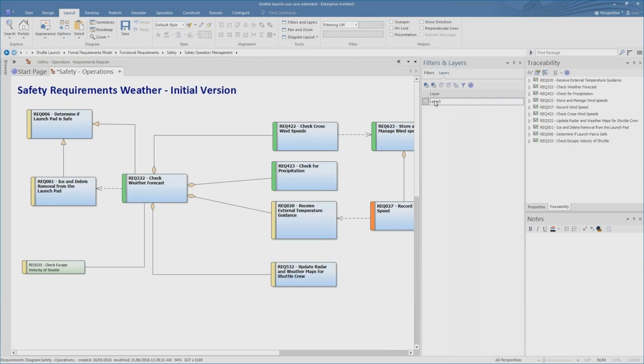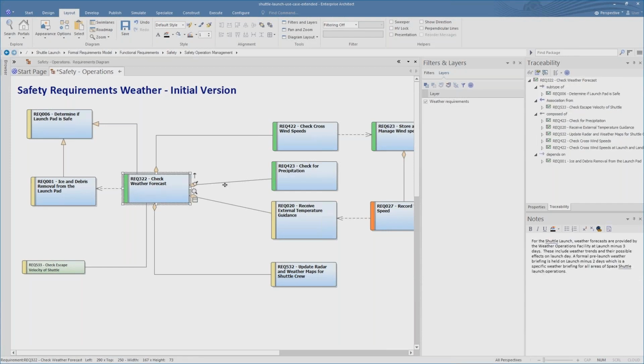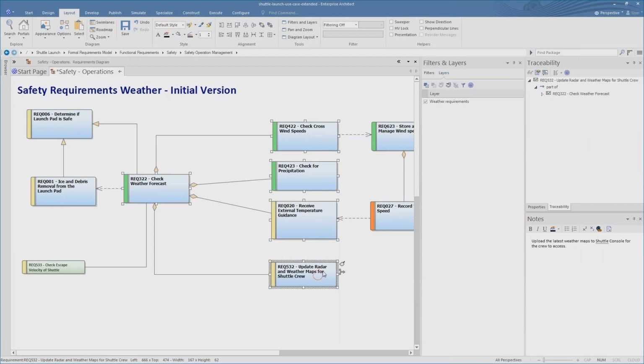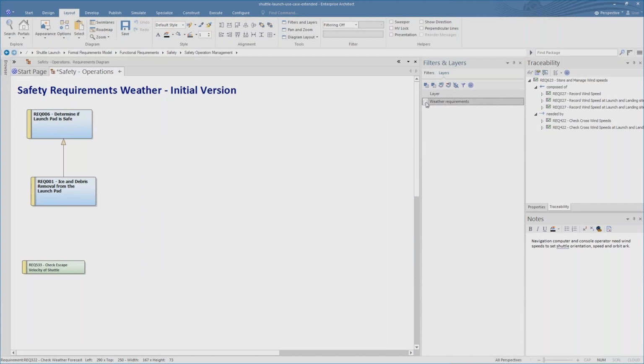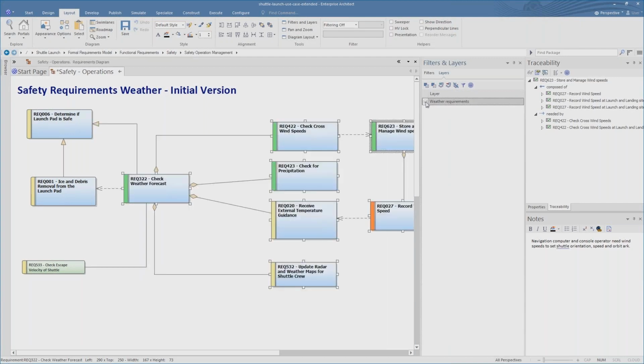I can name that layer, so I can give it nice, meaningful, useful names, so I can compare as is or to be, or I can look at all weather requirements. And what you can do is then you can select the elements on screen, which are weather requirements. And once you've selected all of those, you can select the layer and you can add those elements. And it's easy as that. So it works very similar to layers in a tool like Photoshop, but it's working on all of your elements from a model level. You can create multiple layers, and you can give them all meaningful names. You can assign elements to each of those layers, and like I said,